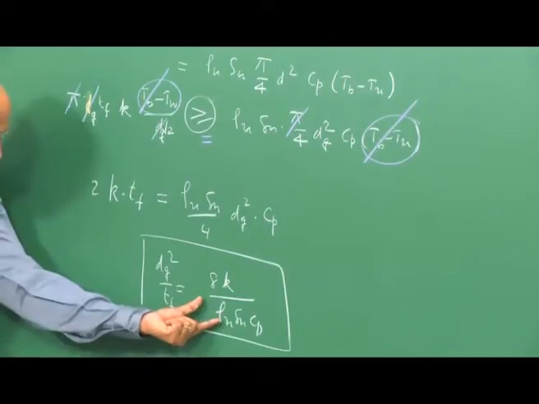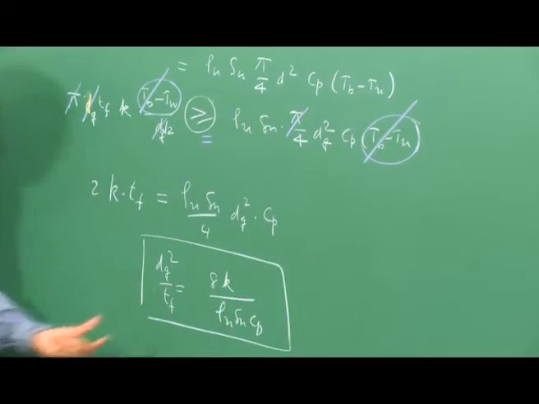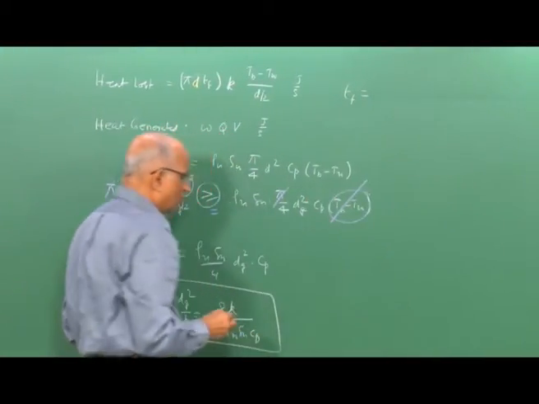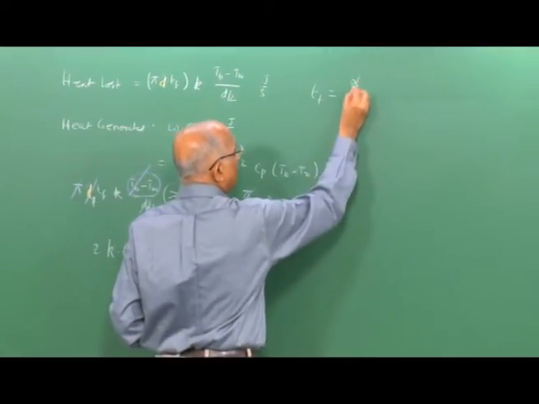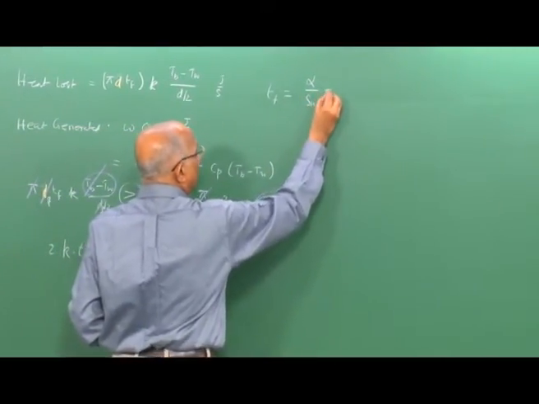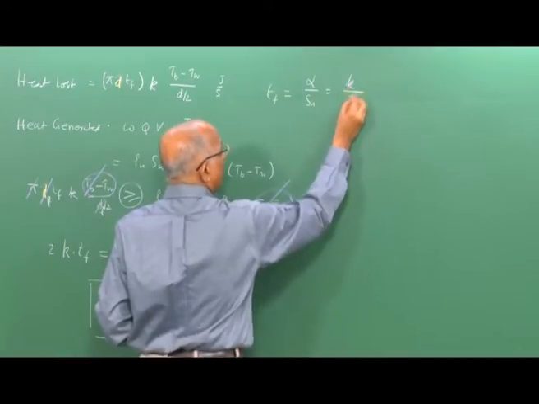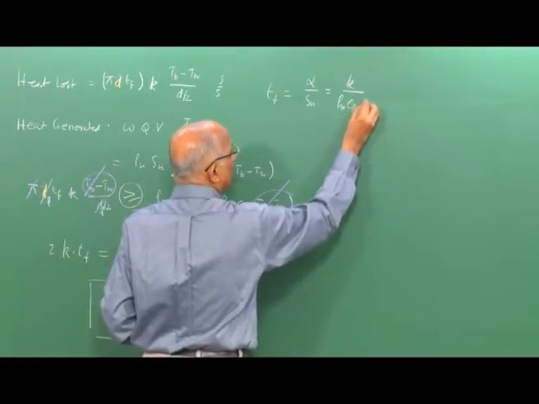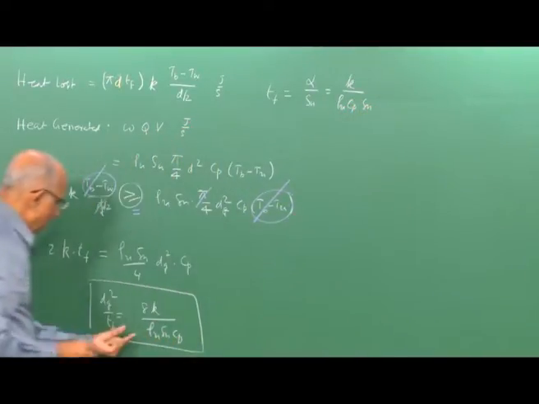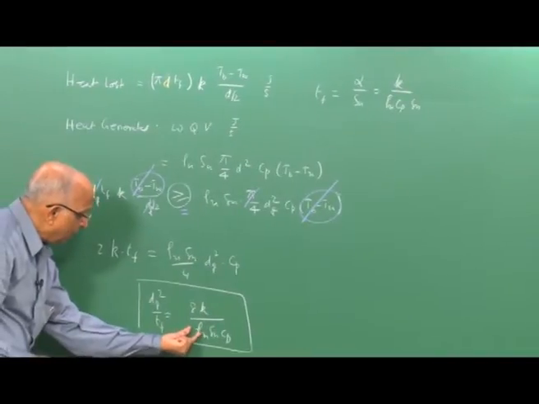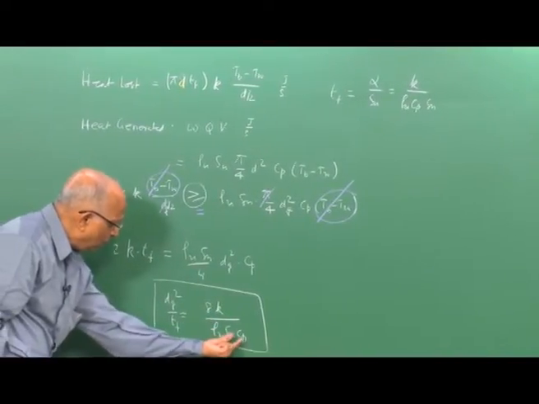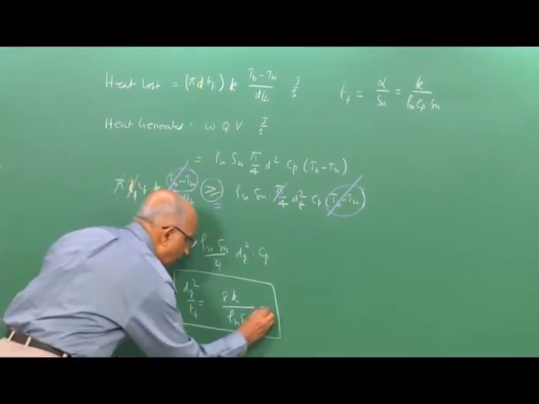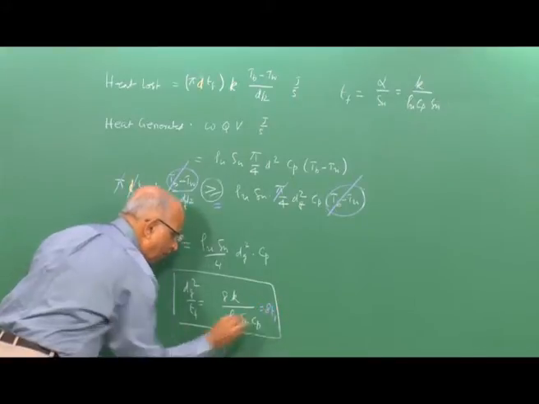But if you go back to last class and see what was the value of Tf, we said the thickness we derived for the flame thickness, which we said is small, was equal to the thermal diffusivity divided by the flame speed, which we could also write as K divided by rho u Cp into Su. Well, this becomes equal to 8 into Tf, and therefore,